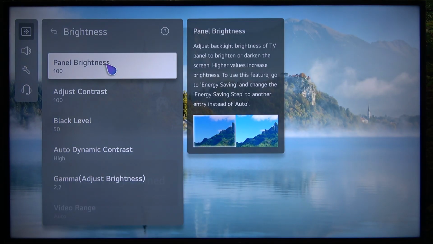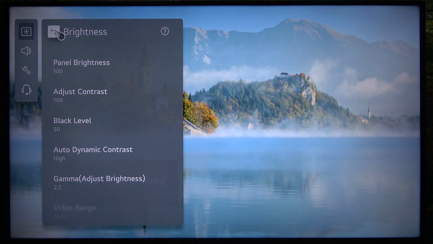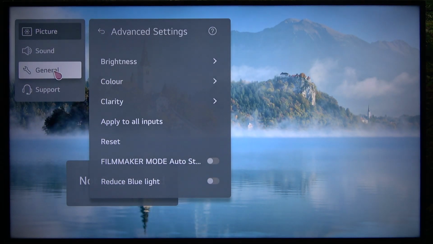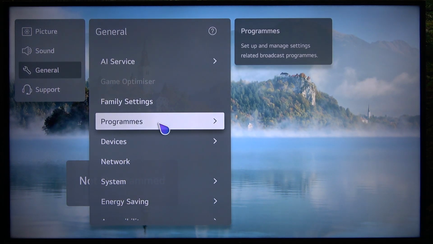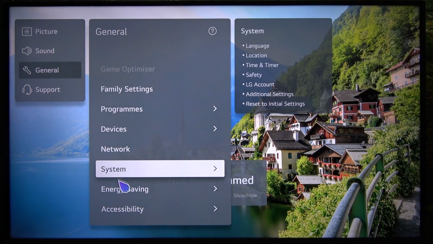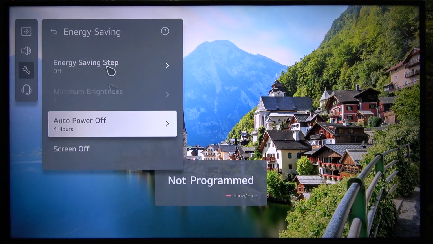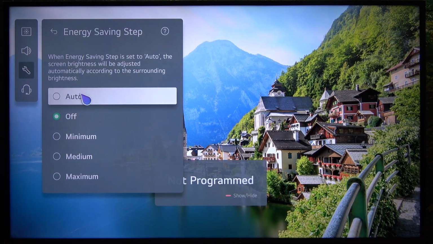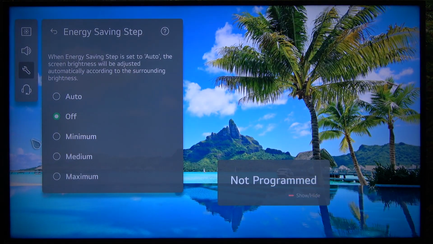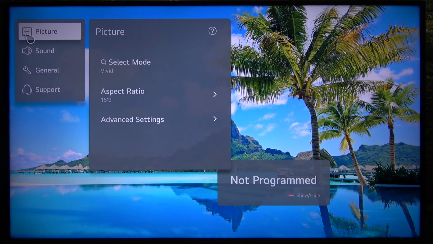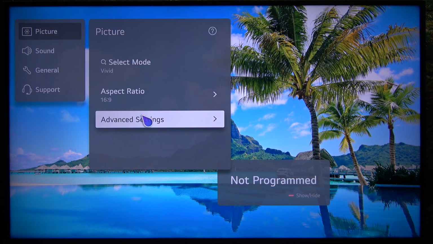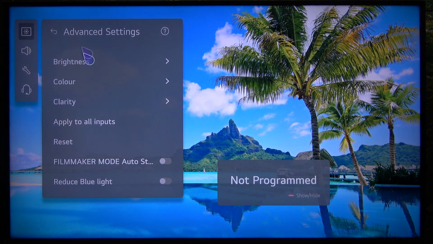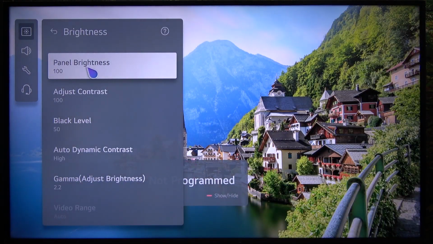If it's grayed out, then go back, go to the general settings, scroll down until you find energy saving, click on that, then find energy saving step and make sure it's not set to auto. In order to change the backlight brightness, it should be set to off. Then you should be able to go back to picture, advanced settings, brightness, and as you can see, here is